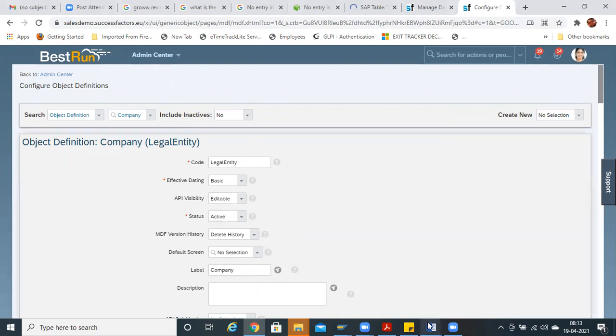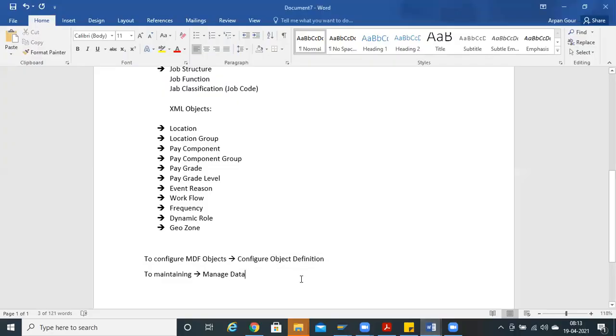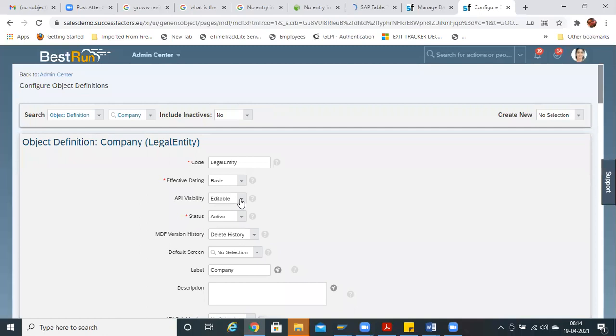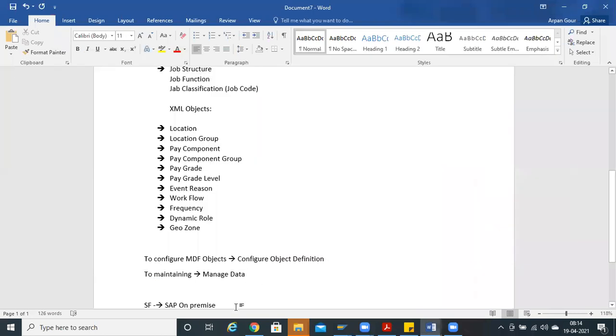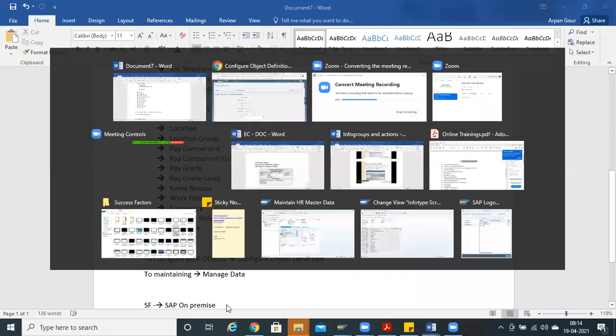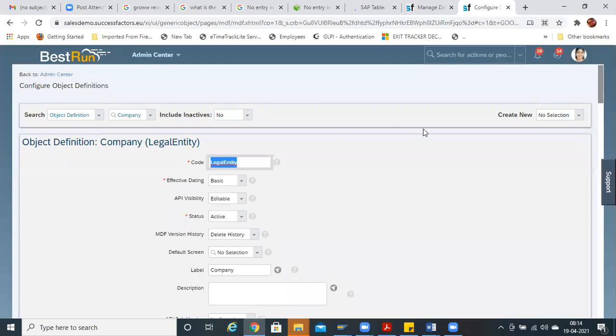If you're working on any field, for example, integrating SF data to SAP R3, an on-premise system, any integration that is to be provided, and you want to give field-to-field integration, like in SAP HR there is a certain field, you want to integrate this data to that field. You have to give this field and that field to the integration consultants who are working on this.